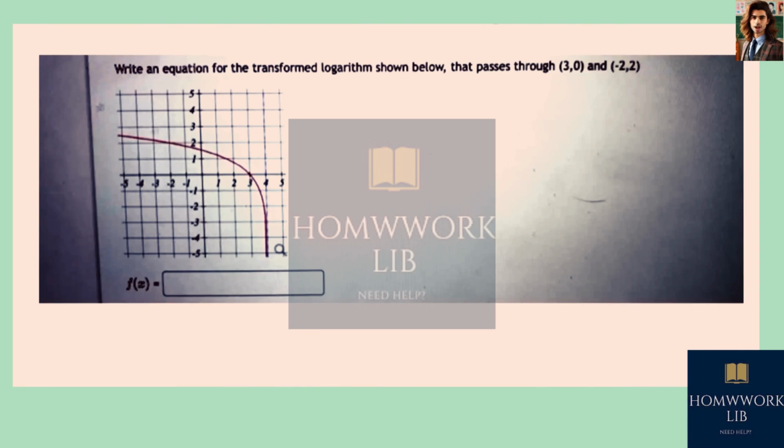Because this logarithm is not too sharp, let's explore log base 2 of x as the parent function. So log base 2 of 1 is 0, log base 2 of 2 is 1, log base 2 of 4 is 2 because 2 squared is 4. And so the logarithmic function, which I'm doing in black, would be the parent function log base 2 of x. Now,